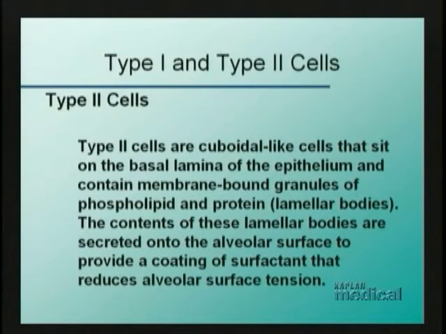Type 2 cells, as we indicated, are cuboidal, very distinct in the electron microscope, not only because of their cuboidal shape, but also because of the membrane-bound whorls or lamellar bodies that basically indicate the presence of the surfactant, which is obviously the major secretory product of these cells that's released into the lumen of the alveolus to help reduce alveolar surface tension. This now summarizes basically the elements of Chapter 6, which dealt with the fundamental cytological features of